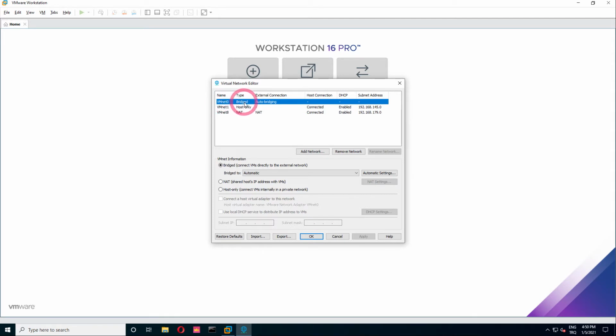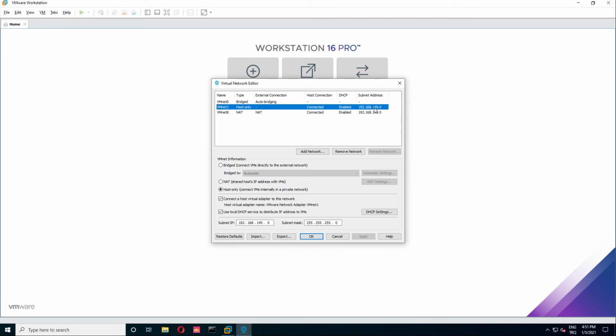What is bridge mode? Let's say your Windows computer is connected to a wireless network and the subnet 192.168.1.0 is used in this network, then your computer is also getting an IP from this subnet. If you put the interface card of the virtual machine you have installed on Workstation Pro in bridge mode, it will automatically get an IP from the modem in your home or office. In other words, if you are using the 192.168.1.0 subnet in your home or office and you put the interface card of the virtual machine you have installed in bridge mode, the virtual machine will automatically get an IP from this subnet.